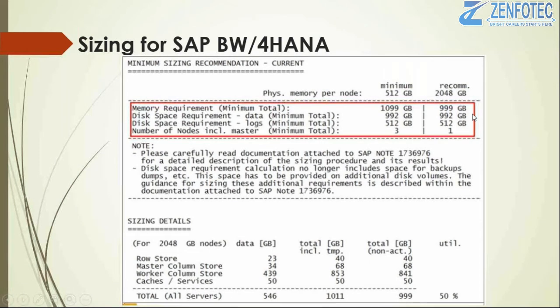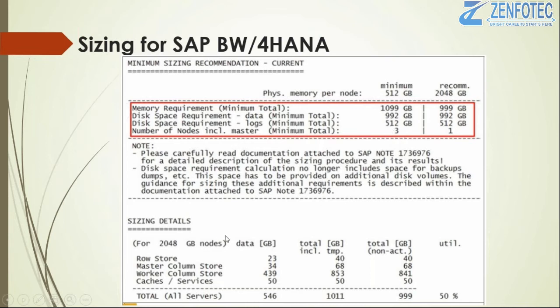Another recommendation: here the SAP script says that you require 2048 GB of RAM. Minimum is this one, 1 TB of RAM you can have, but the recommendation is 2 TB, and in that you will have one node. So this is the one-node configuration recommendation, and this is the multi-node recommendation. Each and every node should have 512 GB of RAM. RAM should be the same on each and every node if you are going with multi-node.